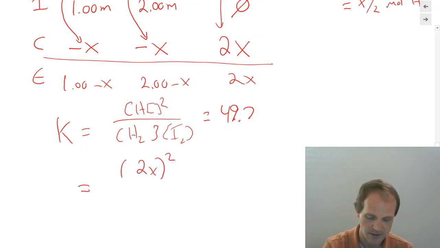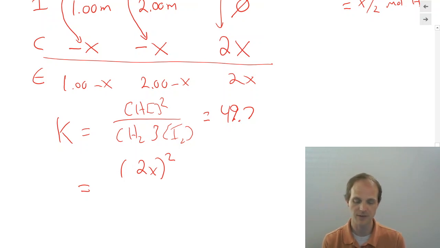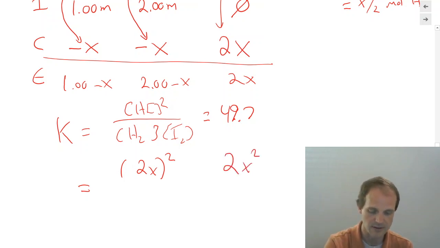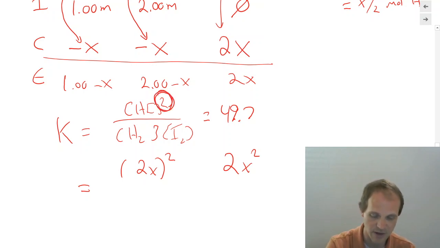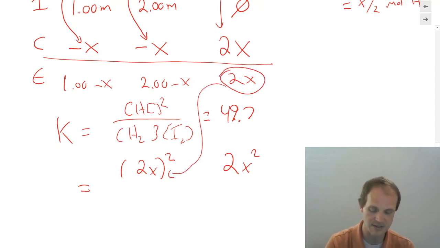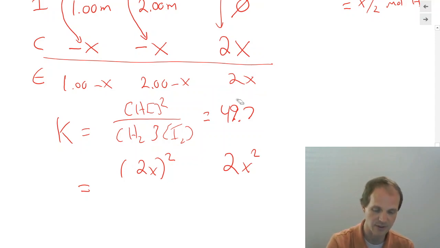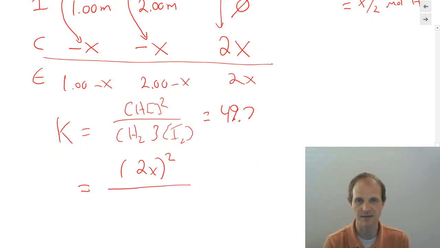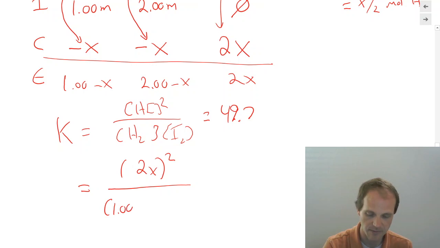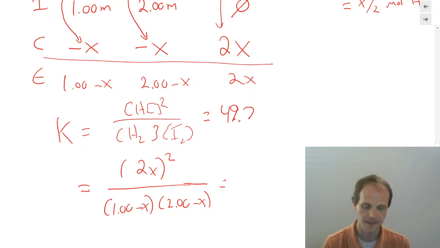I substitute in my equilibrium line. It's (2x) squared. Very important. Very, very important that you don't write 2x squared. Your concentration was 2x. Your concentration was not x. You're not taking your concentration and multiplying it by 2, right, in this step here. You're taking your concentration and squaring it. So you've got to make sure that your entire thing, everything in this line, goes inside that parentheses. So you get the quantity 2x, squared, not 2 times x squared. Very, very important. We're going to see that many times as we go through different examples. Here, 1.00 minus x, and here 2.00 minus x. And that's going to be equal to 49.7.